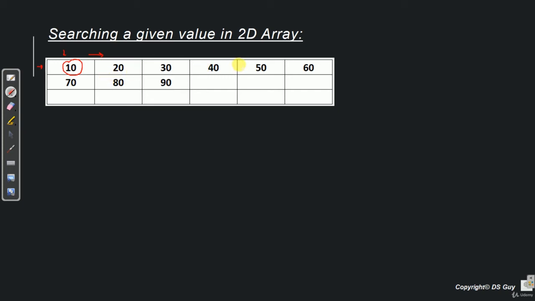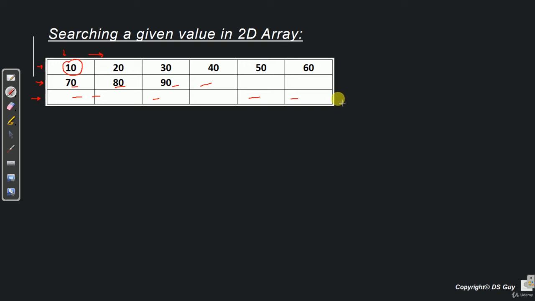If the value is found, then fine, we return, else we go to the next row and keep searching. If we find the value, we return, else we go to the third row and keep searching for the value. If the value is not found, finally we return an error message saying that the value does not exist.